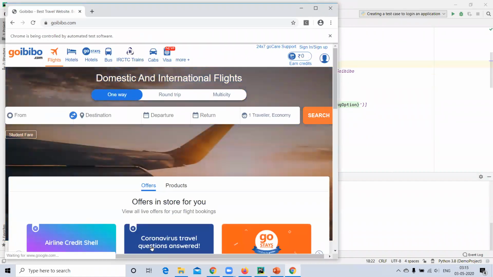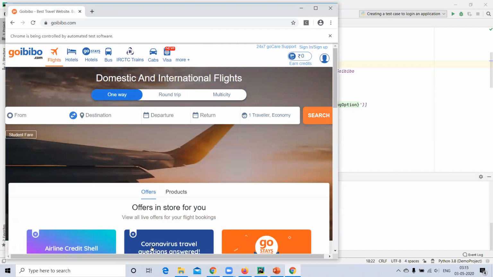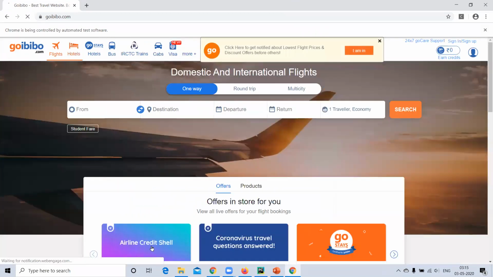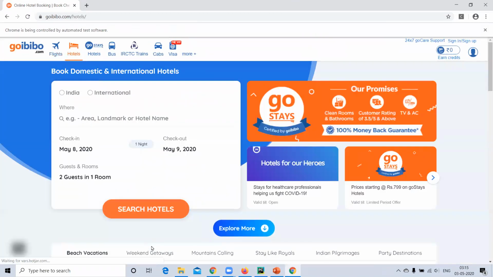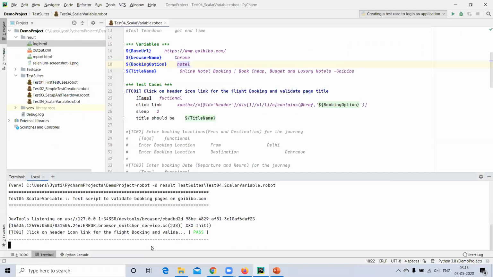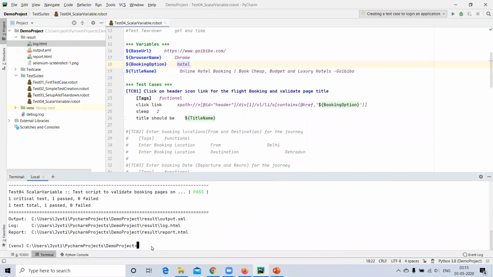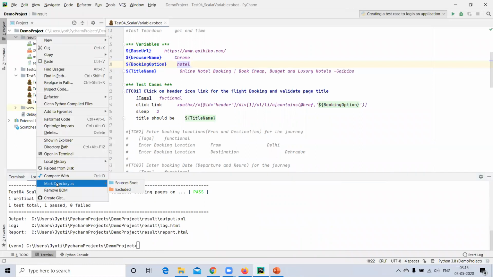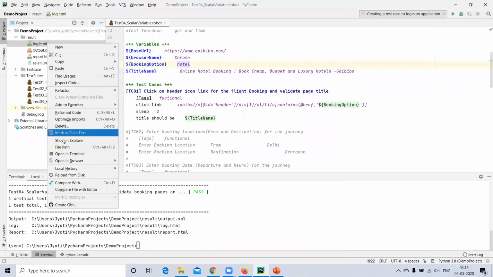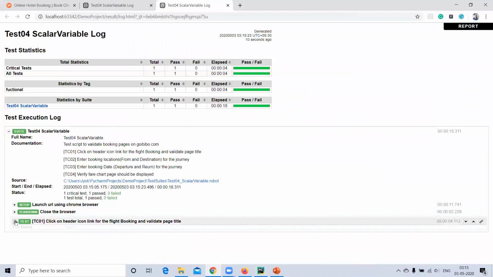Again, opening application, clicking on hotels, closing. Let me check the log, reloading them. So here is the test case.